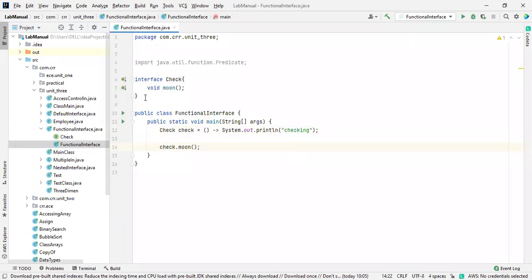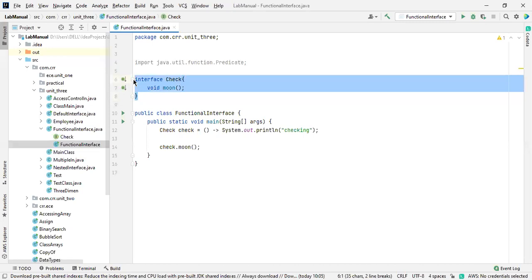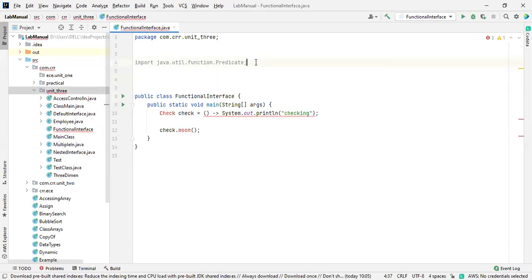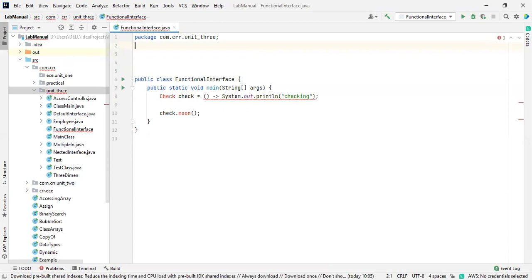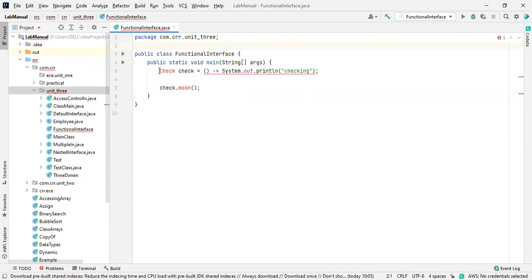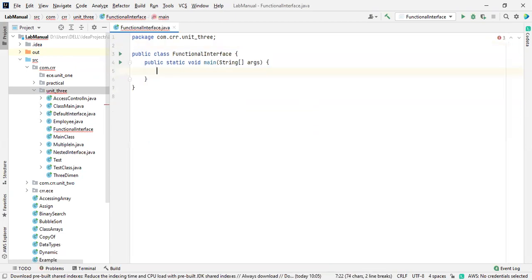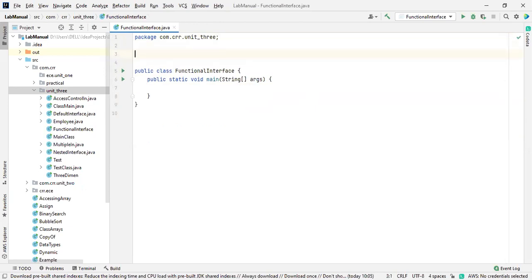Here I have created a functional interface. Let me delete this so that I will type it, which is easier for you to understand. This is how you are going to access it. This is the example of a functional interface.